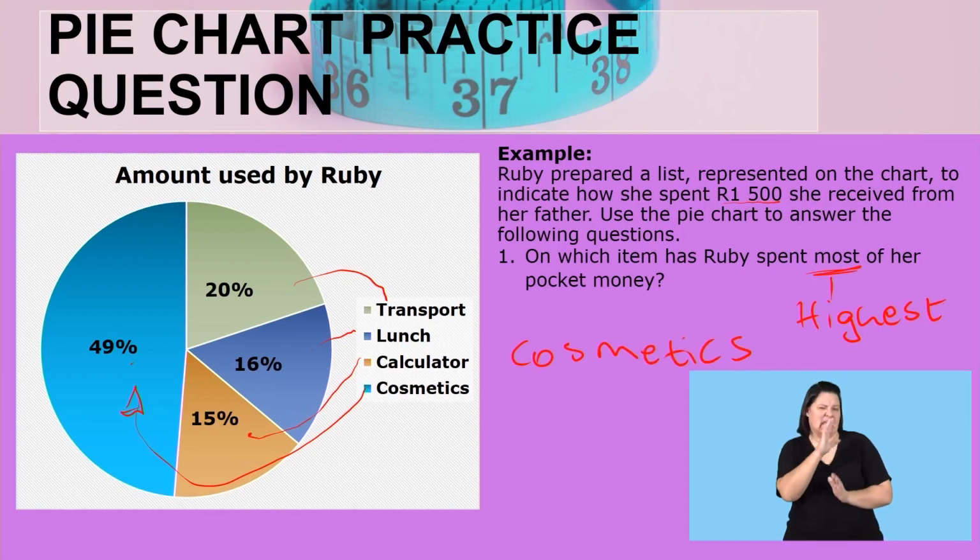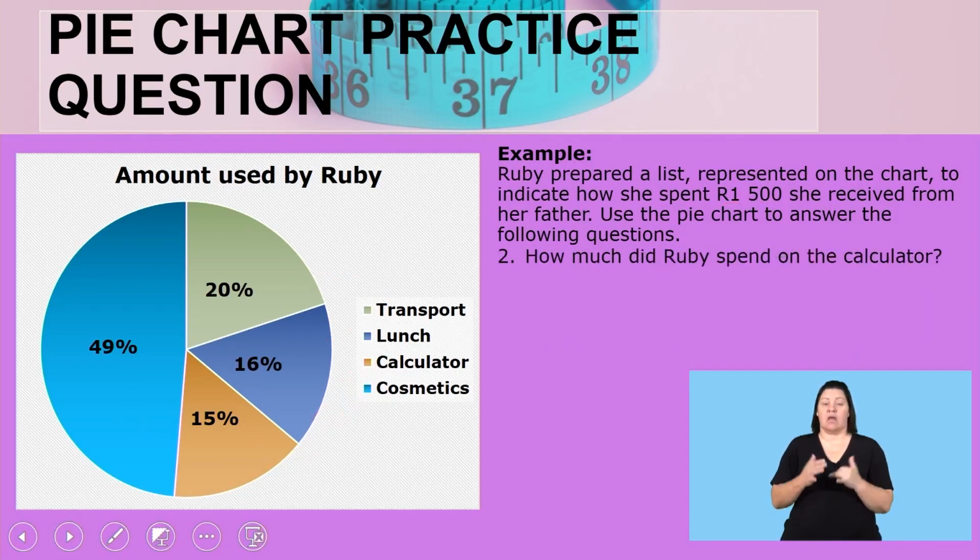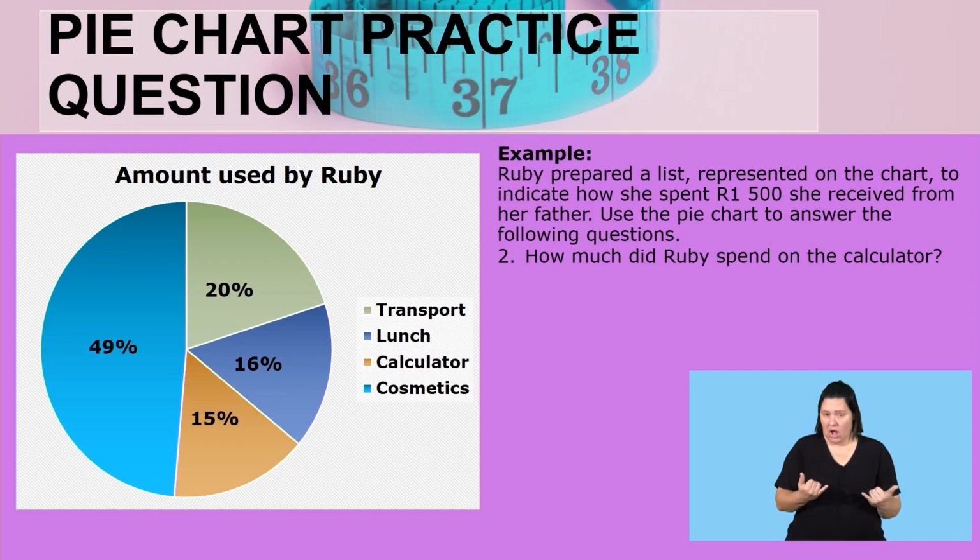I think it was easy to identify as long as you know that when we talk about the maximum value, we are looking at the bigger slice, and when we talk about the minimum value, we are looking at the smallest slice. Now let us move to the next question. How much did Ruby spend on the calculator? Now we must look at these keys. You check the calculator is 15%. Then to calculate the actual amount that Ruby has spent, remember, you multiply the percentage by the